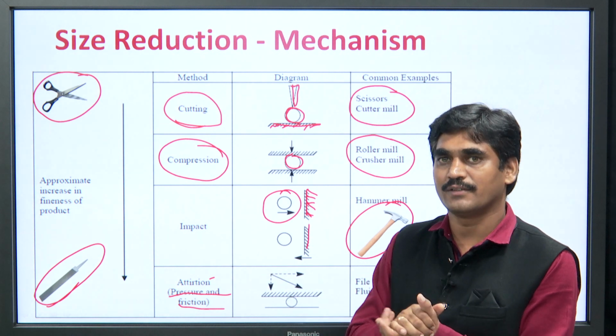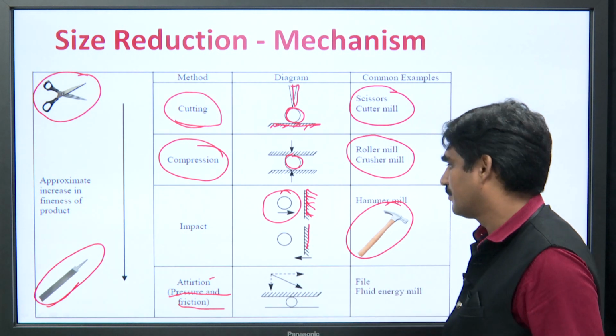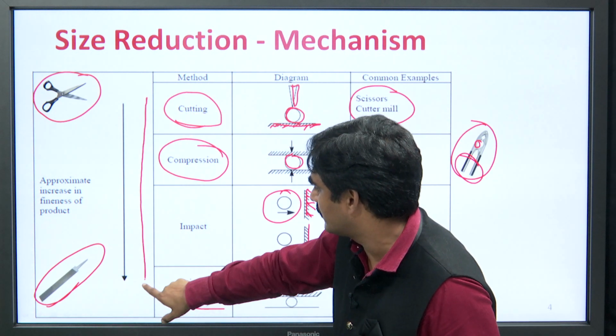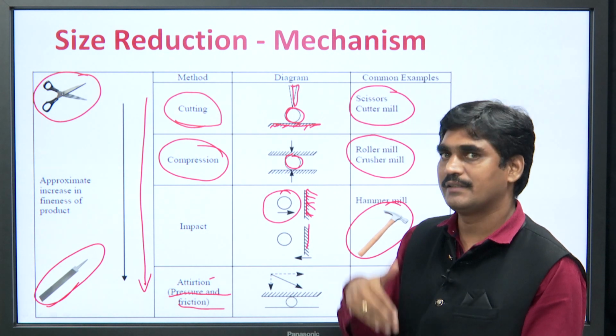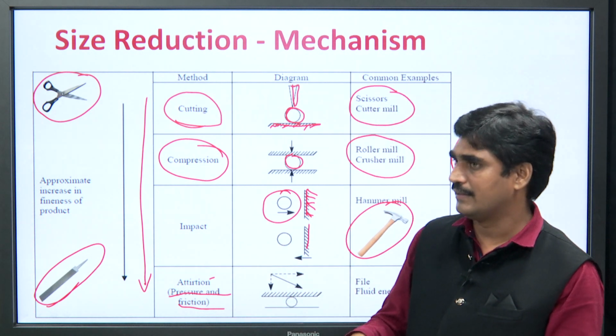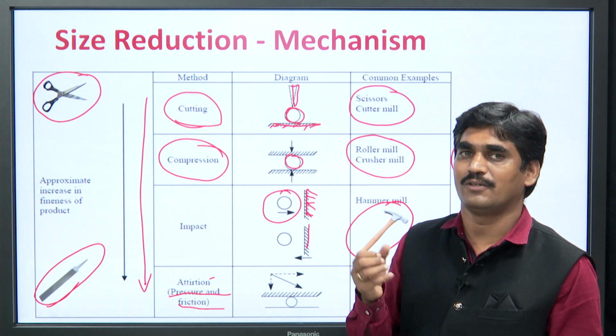With this application of force, size reduction takes place. As we move from this position to this position, the size of the object decreases, or we can say that there is an increase in fines of product.